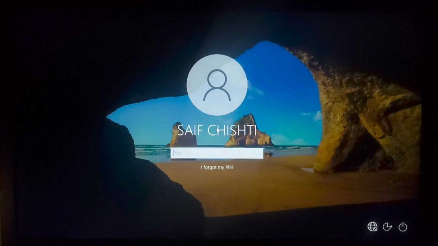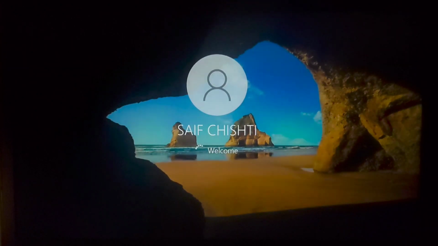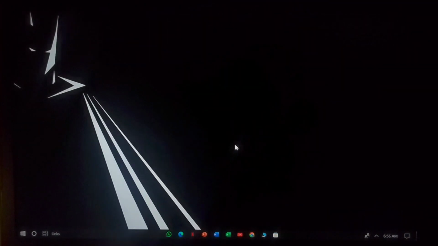You can use arrow keys to bring it down, as you can see here. This is my Windows desktop.